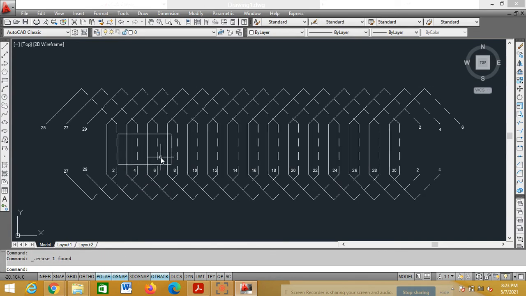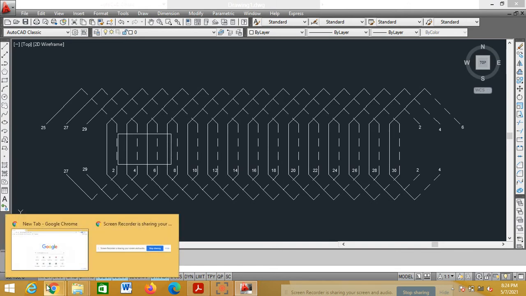So now how many such poles do I want? 4 poles. So I'll go for a rectangular array. What is the spacing between the poles? Tau, that is 7.5, 7.5, 7.5. 1.125 here, 5.25 and 1.125. It will stop here. Again 1.125, 5.25, 1.125. So my spacing will be tau. So go for the rectangular array.